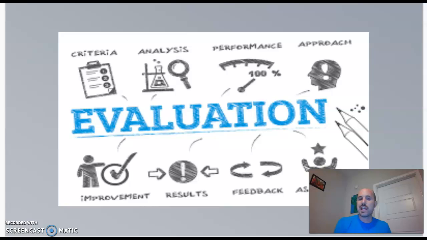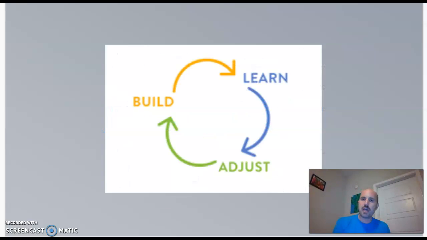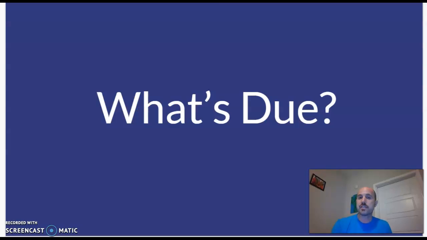And it's this evaluation stage of the prototyping that we're going to really, again, explore this week. We're going to get to see what it is that you put together and how can you get some feedback and evaluations to try and make those changes and adjustments that you might need to make things better. And it really is about this building up, and then you learn from your feedback, and then you adjust. And then you build up again, and you learn and you adjust. And so that's what makes it iterative. It keeps going in circles to try and resolve the problem until you really feel confident with what you've put together for your solution. So we'll dive a little bit more into the class this week.